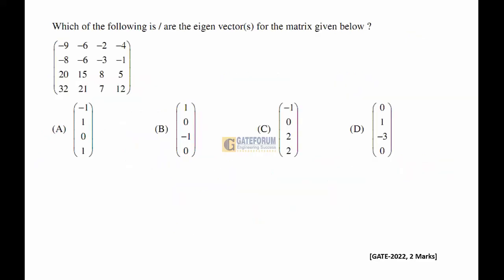The question is, which of the following are the eigenvectors for the matrix given below? A 4 by 4 matrix is given, with 4 options. This is from engineering mathematics, from the topic linear algebra, subtopic eigenvectors. The solution is,